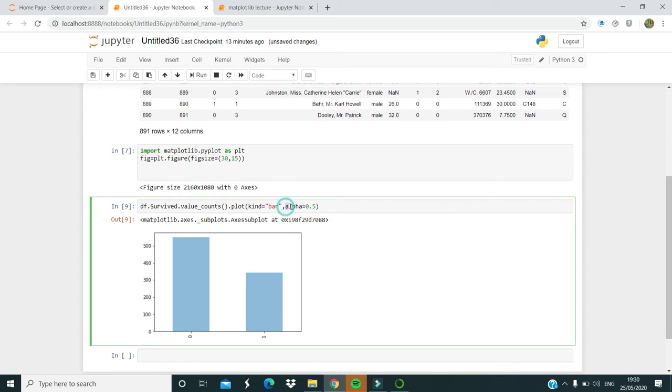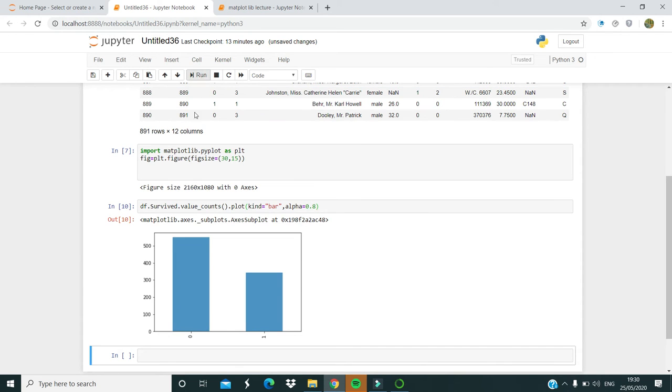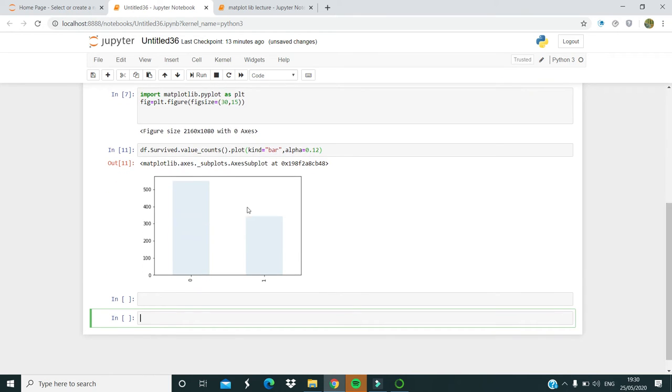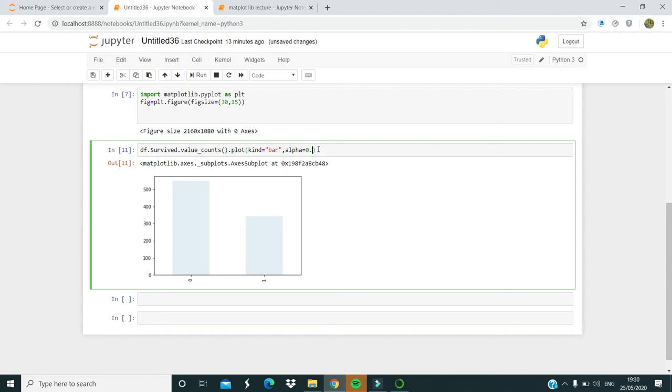That means alpha equals 0.5 is called transparency. Let's say if I provide 0.8, what will happen? Let's say if I give 0.12, it shows me less visible. Alpha indicates transparency.